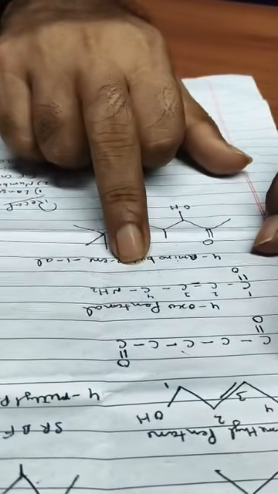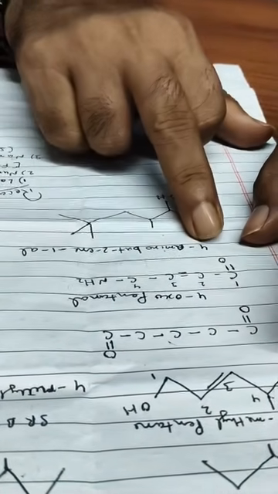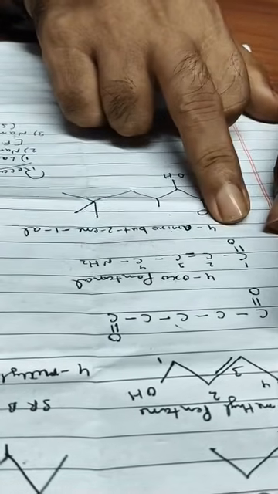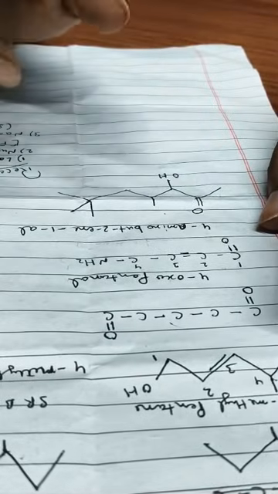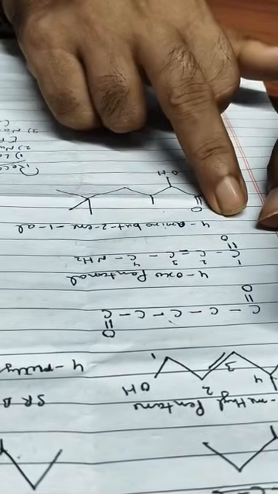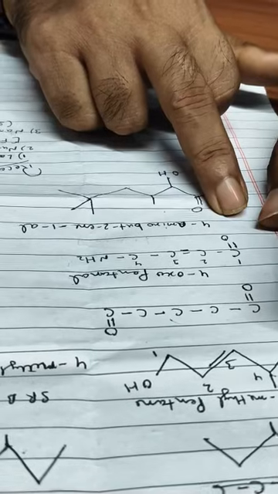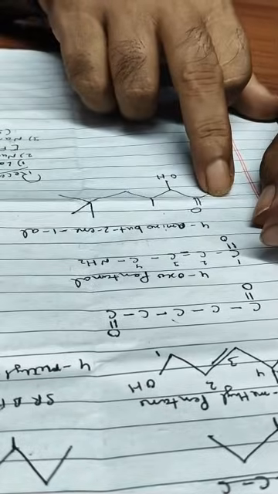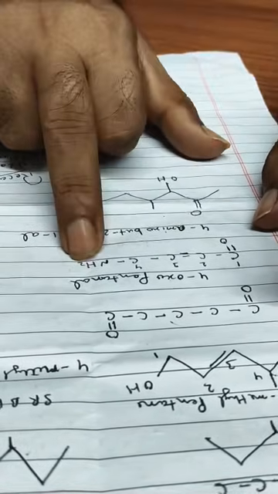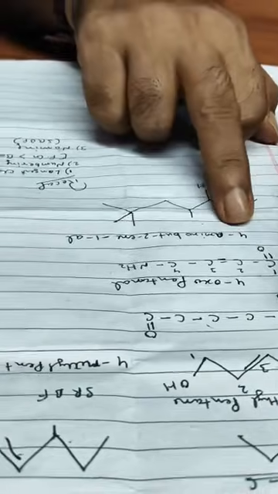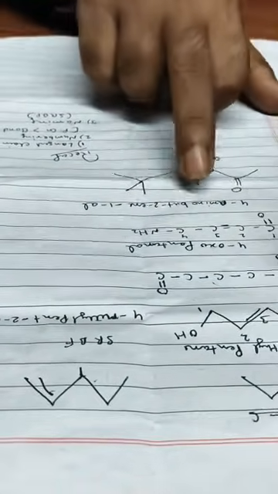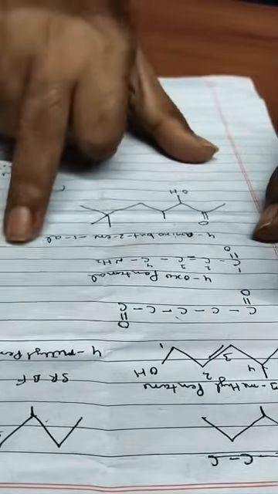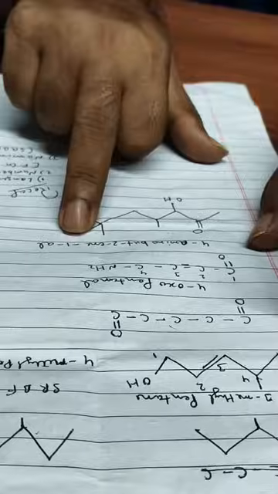In the last case, we find that two functional groups are given here also. One is amine and one is aldehyde. So the numbering starts from the aldehyde, because in the priority order the aldehyde comes before amine. 1, 2, 3, 4. So the 4-amino substituent is given, and it is but-2-ene, and here 1-al. Al means aldehyde. Thank you.